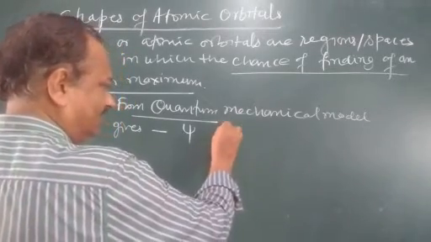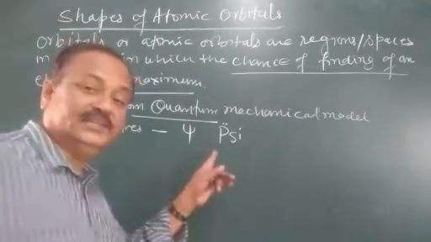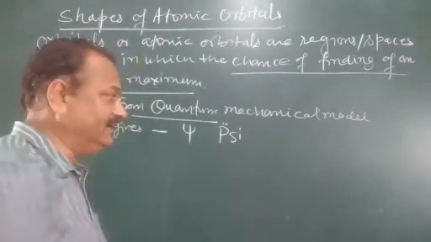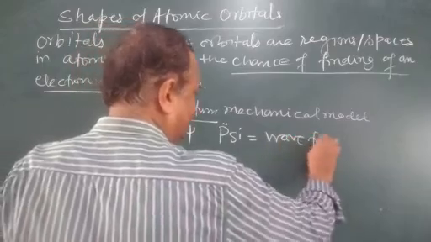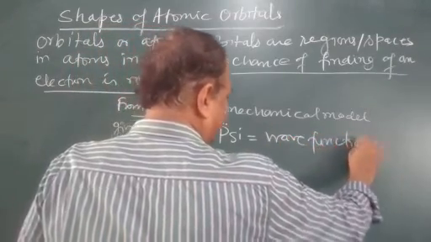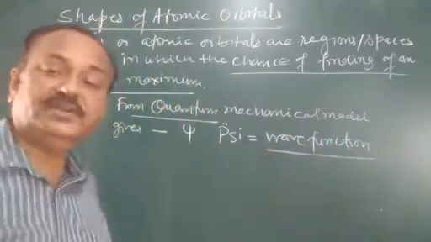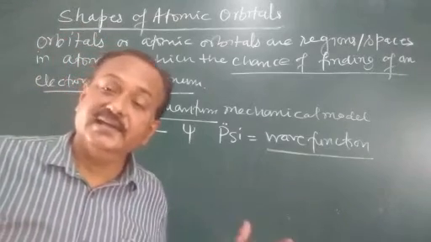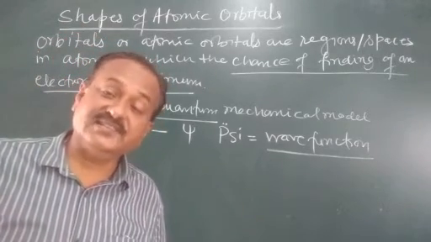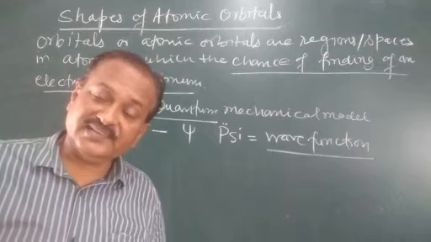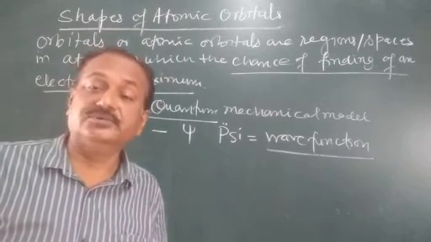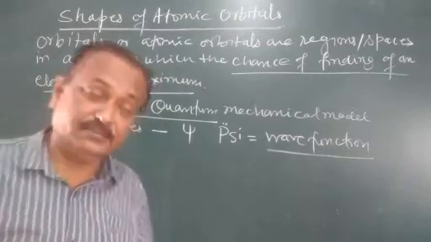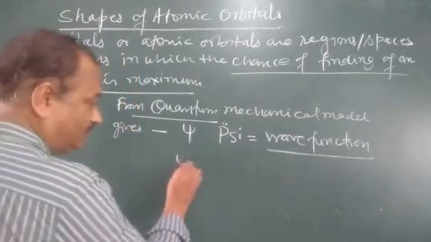Psi. This P is silent. It is psi. And it is nothing but it is called as wave function. And it has not any physical significance, except it gives the amplitude of finding of an electron around the nucleus of an atom. So when we square